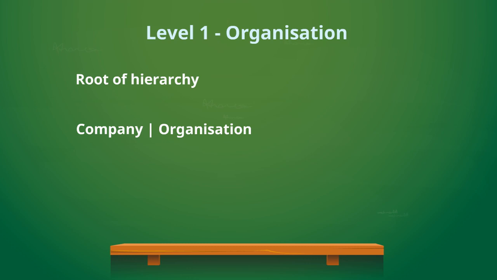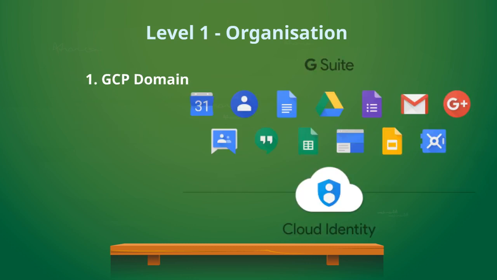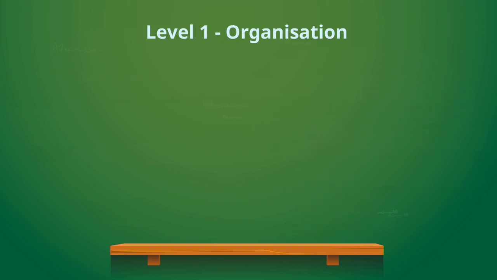So there are 2 ways of implementing this. Say, for example, you have a G Suite, so access to your Gmail, a domain that has access to Gmail and YouTube, etc. Then an organization would then be created in GCP's hierarchy. But what if you don't have a domain within G Suite? Then you would make use of the Cloud Identity as a service that GCP offers, and this is associated with